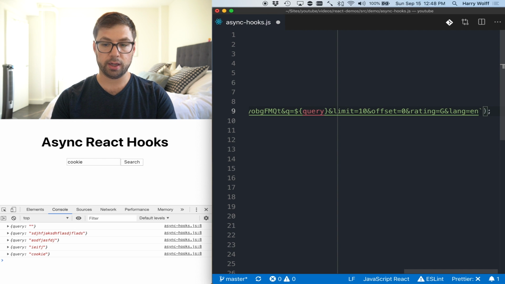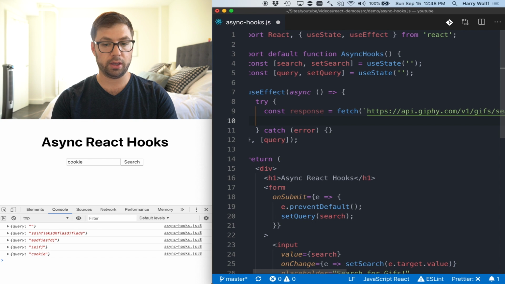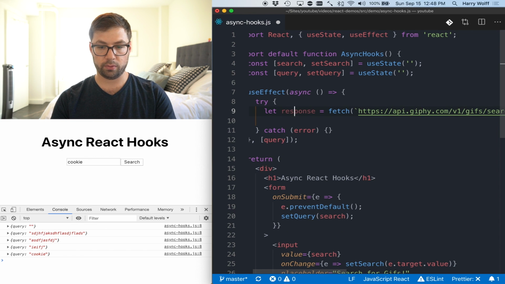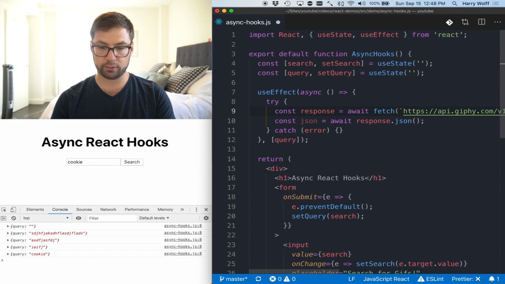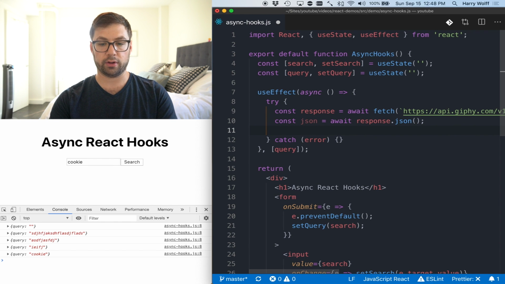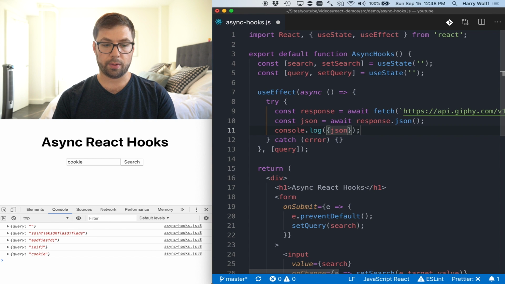So I'm going to call this, and we'll do a const JSON equals response.json, which again, we have to await because these are asynchronous functions. And then we have this JSON object, so we'll just log that for now. Again, we'll use this fun little trick. So now I'm going to save this, and